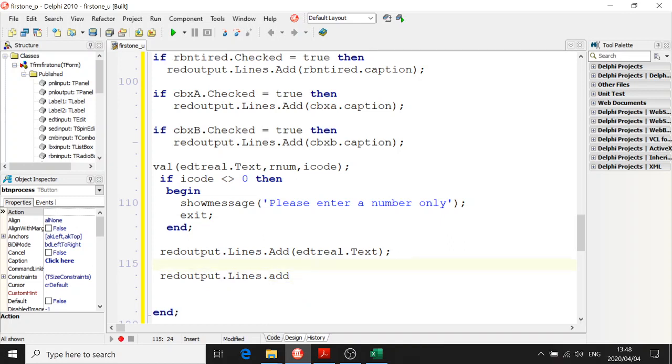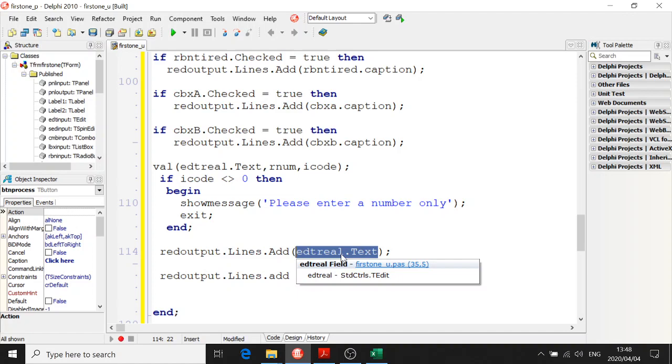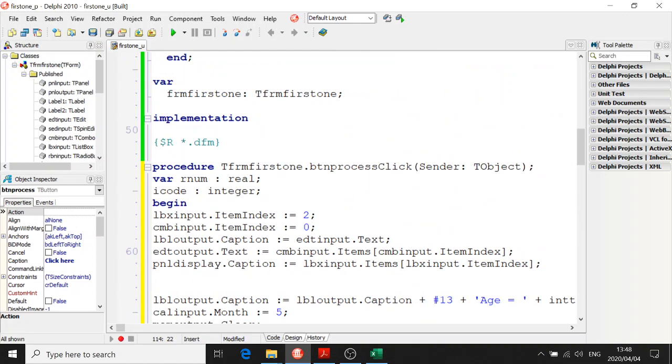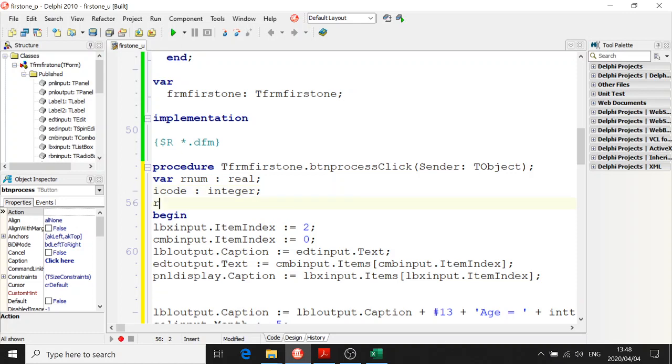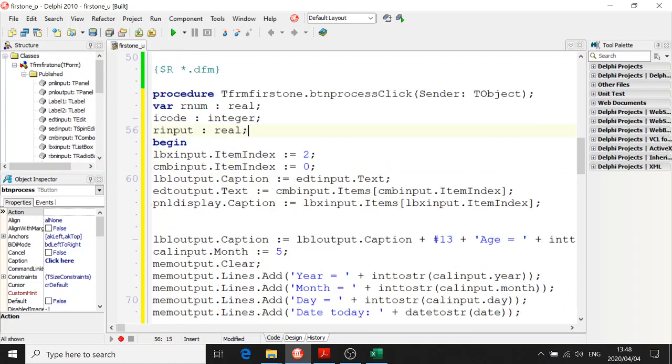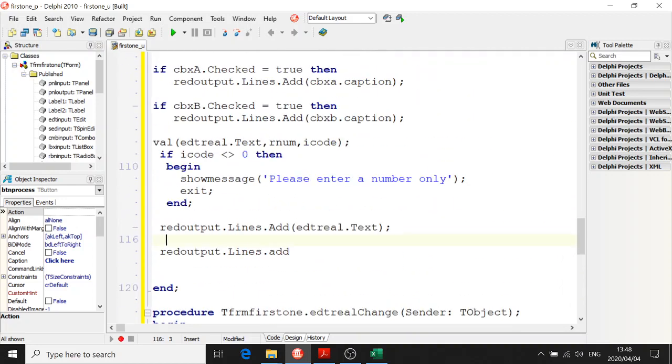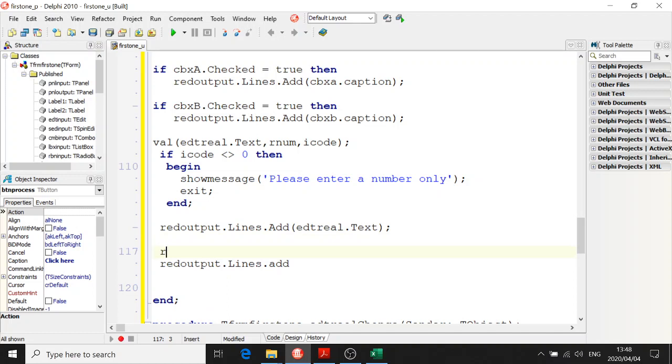What if I wanted to format it to a number, a real number? I haven't converted anything. I haven't taken that string and put it into a real number variable yet, have I? So let's make a variable called rInput, a real. Okay, if I didn't want to put it straight into that, I can do this: rInput